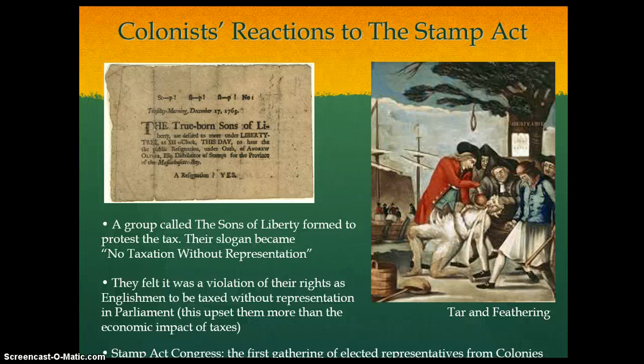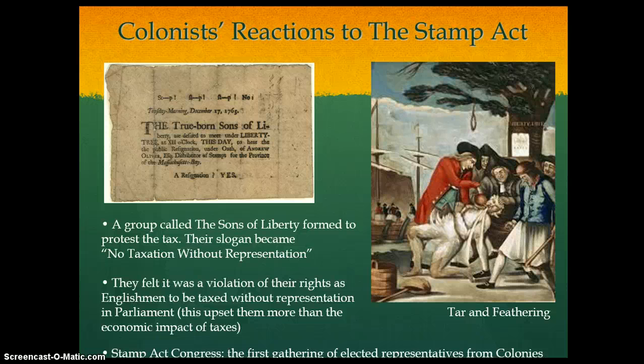So the reason they came up with a slogan was because the colonists could send no representatives to Parliament. Short of being able to vote, they could not even go to Parliament and say, this is what our issues are, this is what this new regulation is doing to us, this is how it's making us feel, this is also how it's affecting our businesses. So they, like a lot of other colonists, were very angry about this.